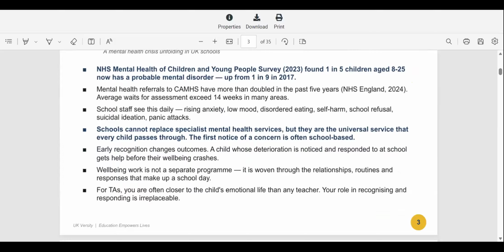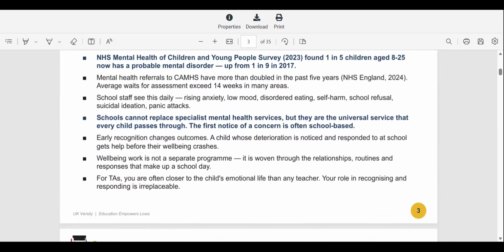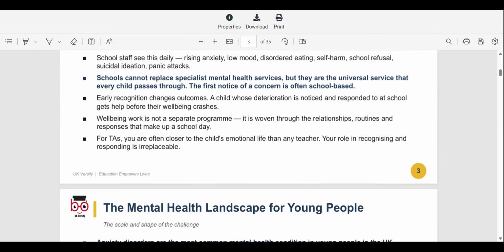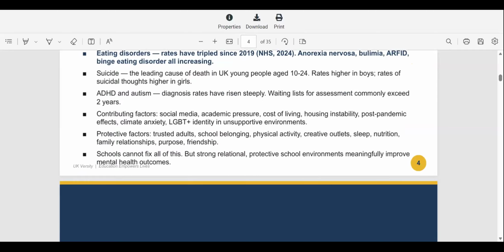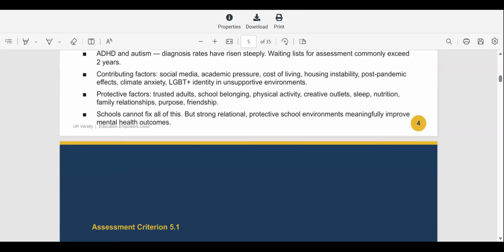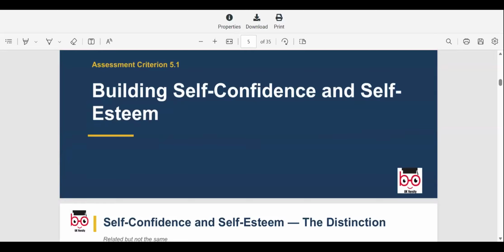So, making sure their mental health is referred to CAMHS, making sure that if there are any issues in anxiety or depression, they've been identified. The mental health landscape for young people is really big at the moment. Making sure that their mental health is secure. 1 in 5 children and young adults aged 8 to 25 have mental health issues, and it keeps increasing all the time. Things like self-harm, depression, ADHD, suicide, and protective factors like physical activity, things like that. Assessment